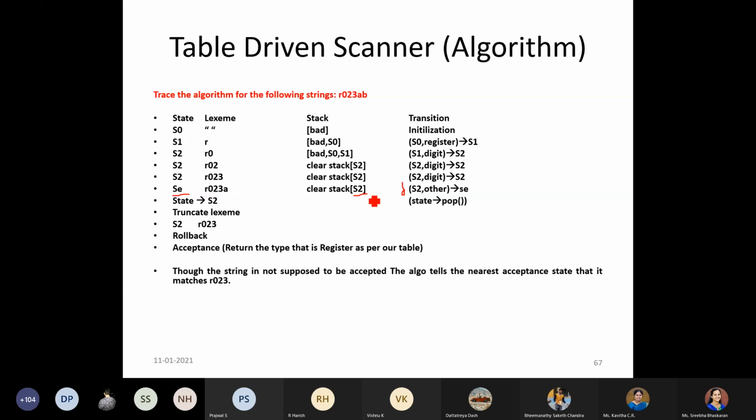So that means now you would be getting the information that there is a match for R023, but there is no match for AB. Is it clear? Even though you are specifying R023AB, the longest match would be taken up. So R023 would be accepted, and for AB, it would be iterating to try to find if there is any other token which could be matched. Anyways, it won't be there. So at the end, you will be getting an error message.